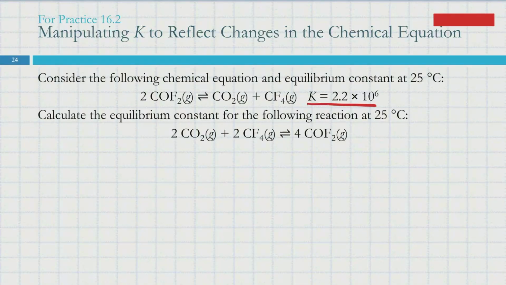All right, we've got 2 steps. How about we just say, let's start saying we've got some steps. One thing that we can do is we see that we've got CO2 and CF4 on the right side in our original. Those are now our reactants instead of our products. So we flipped it left and right. So we're going to invert